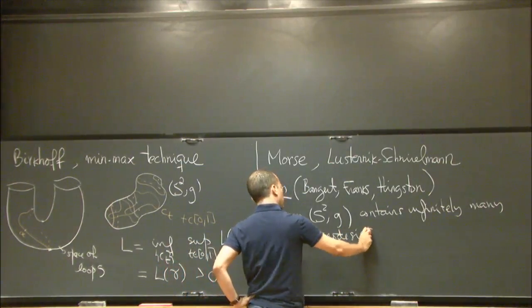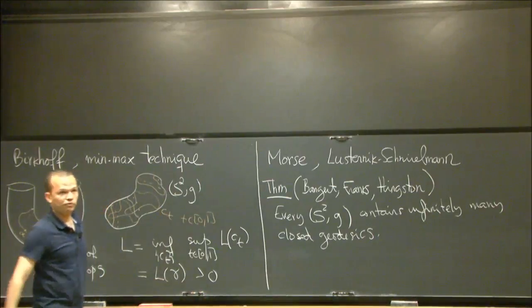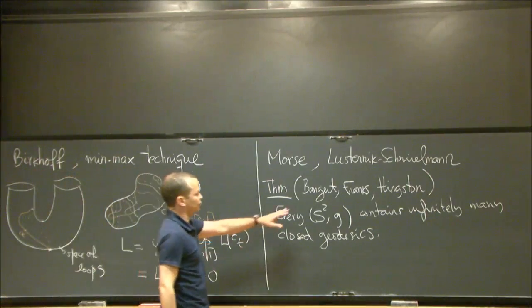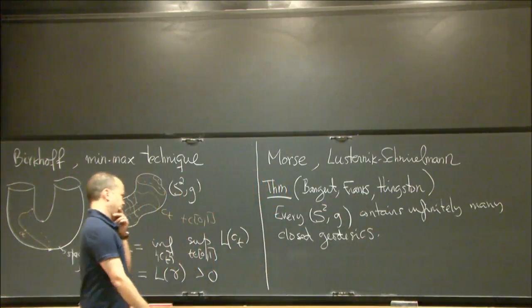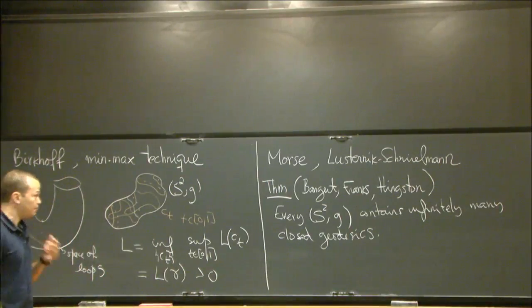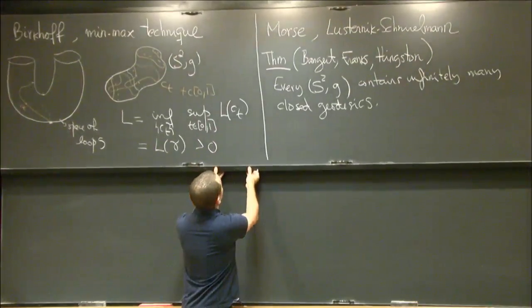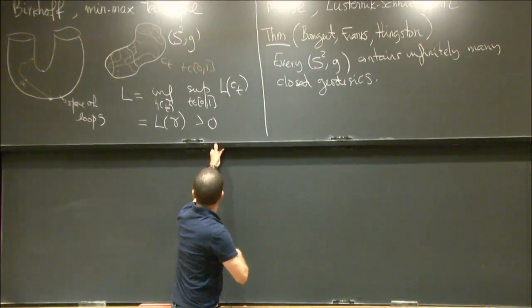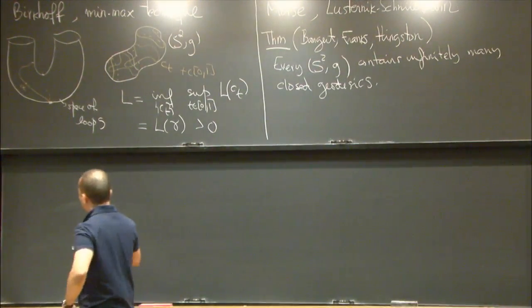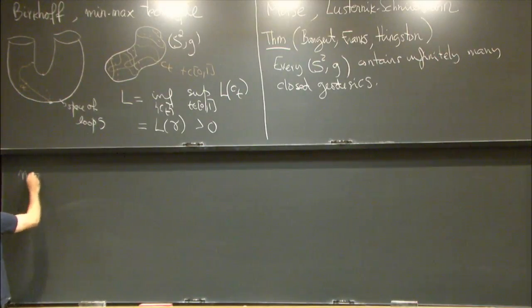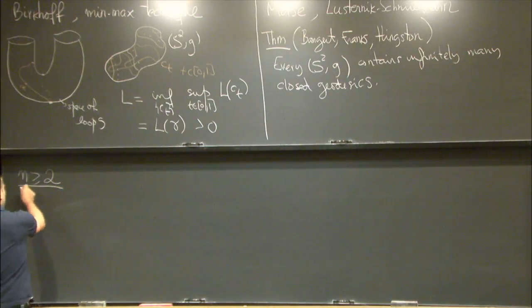As far as I know, there's no completely variational proof of that theorem, because Franks was working from the point of view of dynamics. Okay, so this is the theorem in dimension 2, and what I would like to do is to consider then the higher dimensional problem. Okay, so I guess there have been constructions of closed